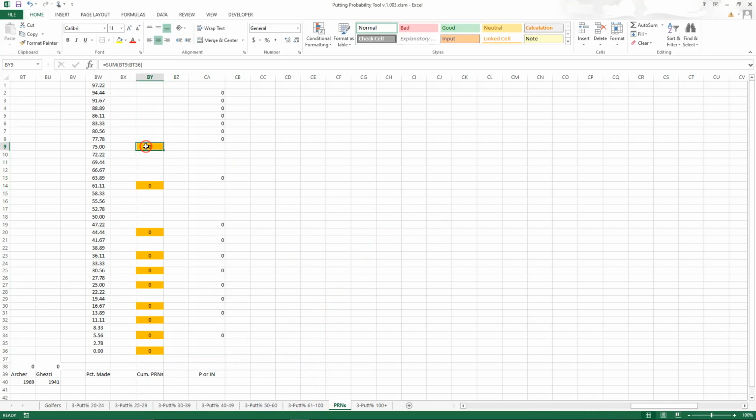Let's double check our work. Yep, this is saying BT9, and that's exactly what we want, and BT36, and this is BT3, BT36, so on and so forth. So we should be good to go now. All we need to do is look at Archer's card and put in the PRN information just like we did before. Now, once you get him done, and then if you do 3 at a time like I do,